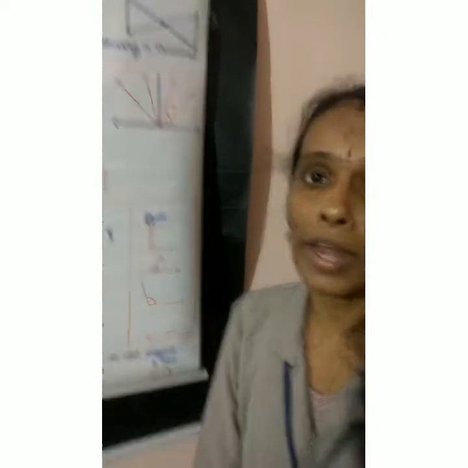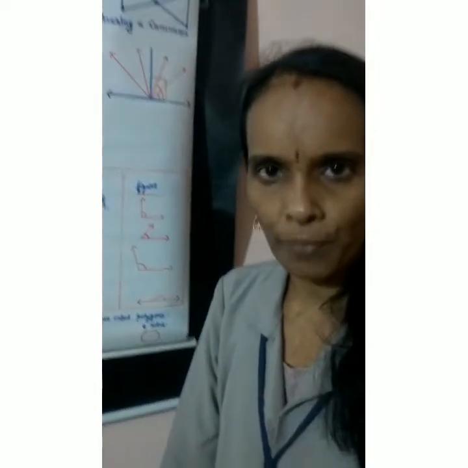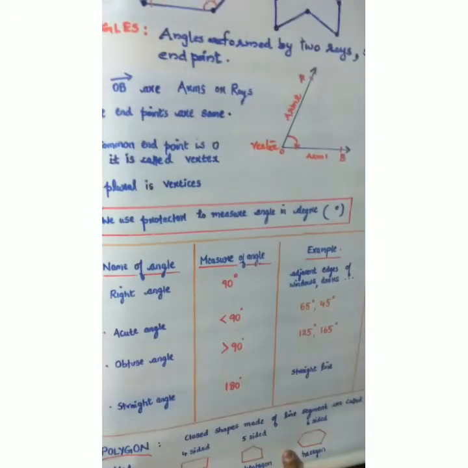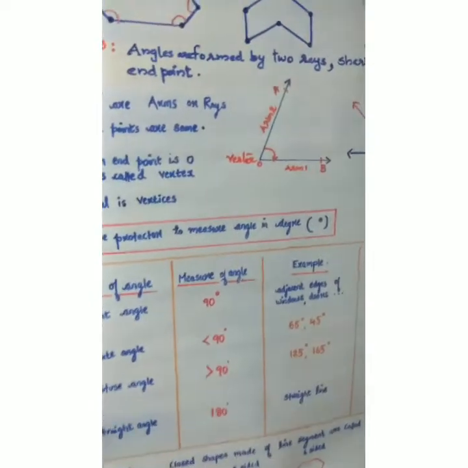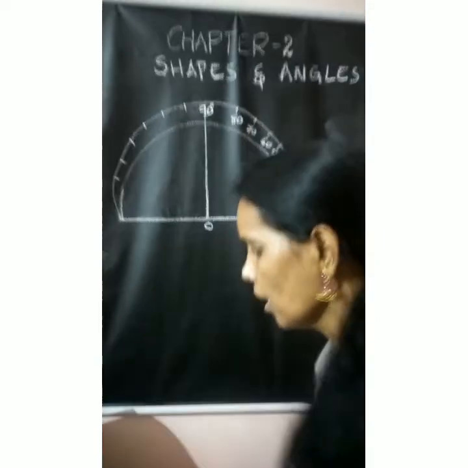In 4th standard we learned how to draw an angle. This year once again I will tell you how to draw an angle, and what the categories, the classification of angles, are. The instrument protractor is used to measure an angle, as we discussed. And what is the shape of a protractor? How do we construct an angle with a protractor? That's what we are using.